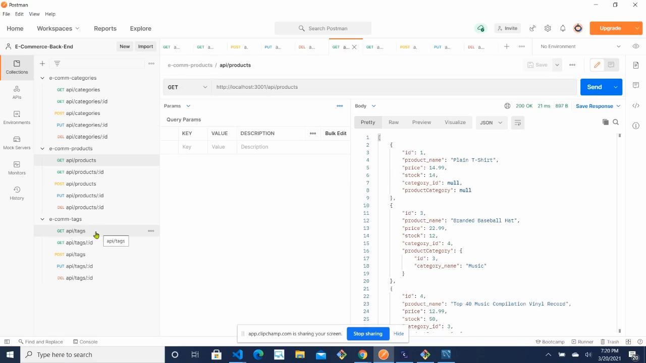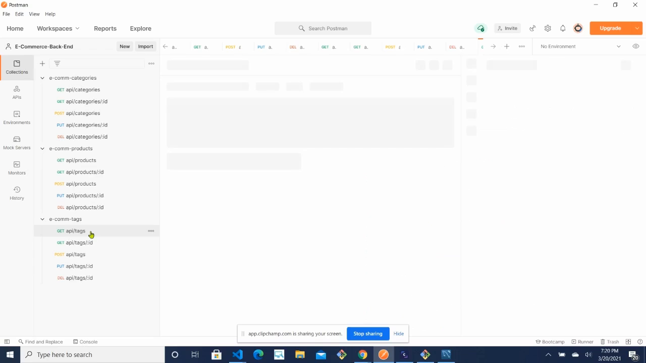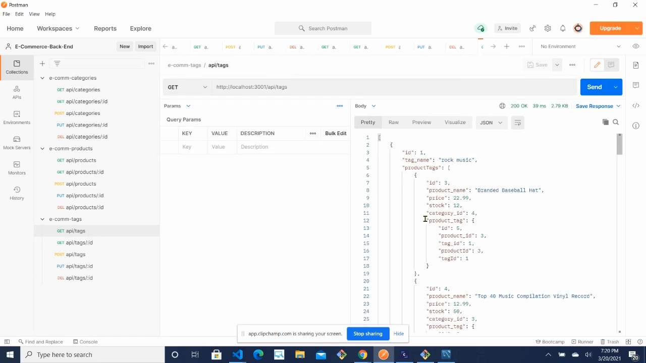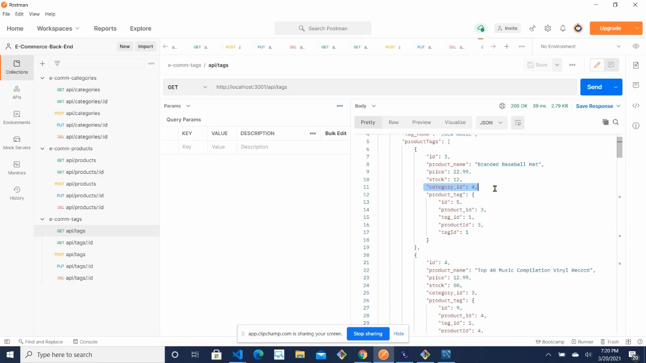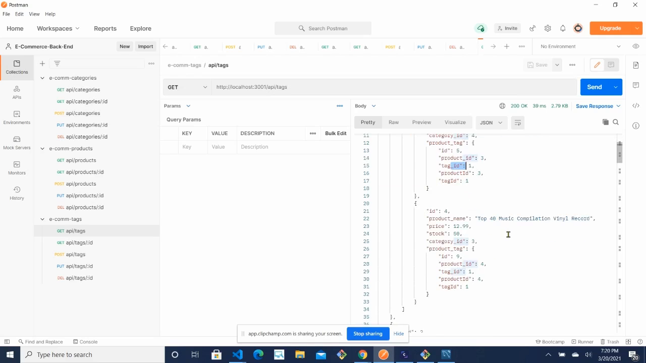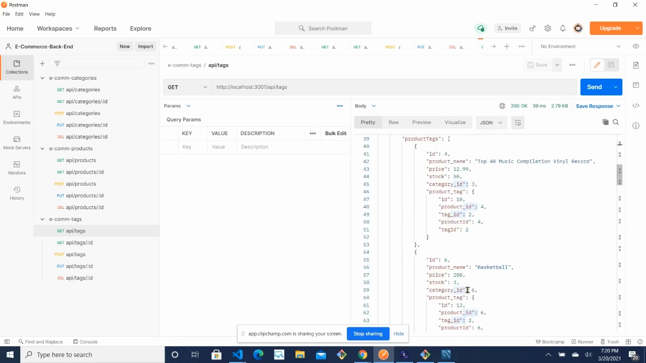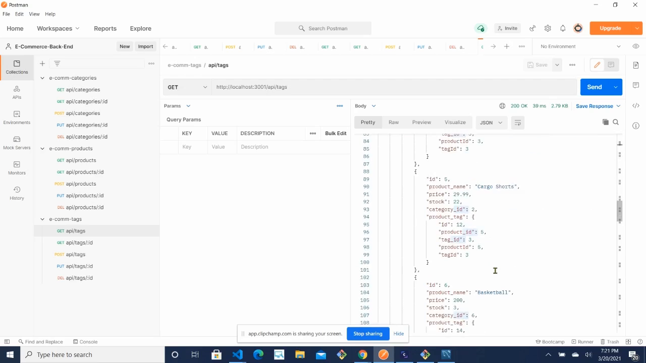So that is it. Right now we will go into tags. With tags, we can fetch all the tags with the get path, API tags. These are all the tags, these are the product tags that we have. These are the categories, and these are the product tags that have been changing. Tag name, products, and the categories over there. Everything is pulled in, so we can see there are